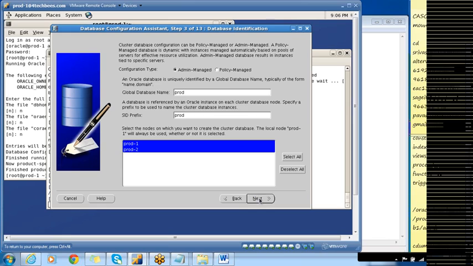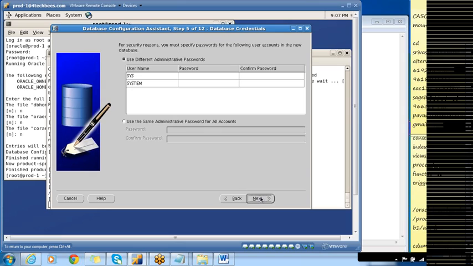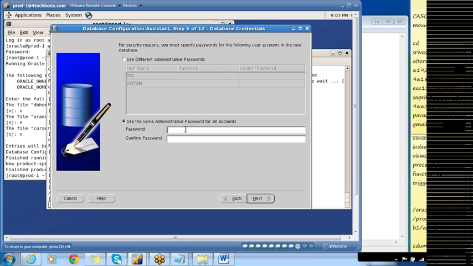And we'll just click on Next. We have to select both the nodes because we are creating the database for prod1 as well as for prod2. So just click on Next. Uncheck this one. Use the same password.